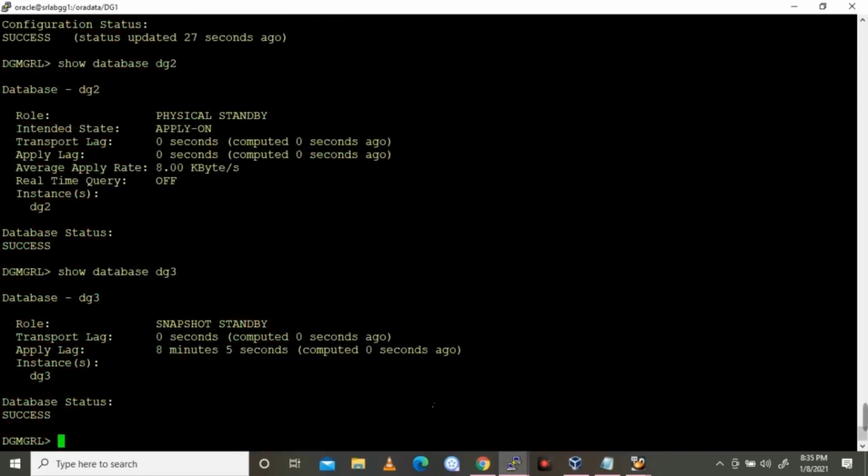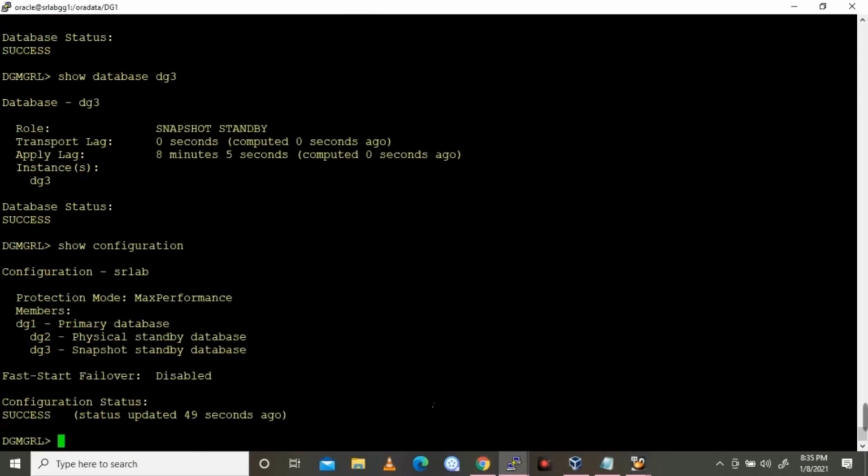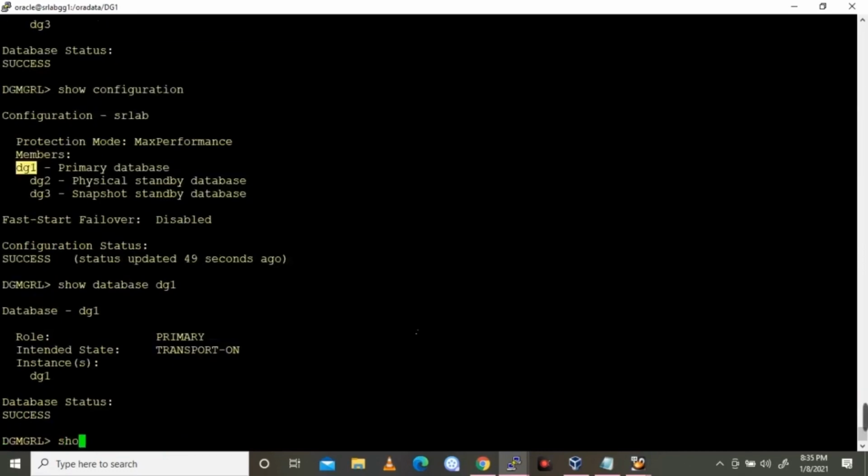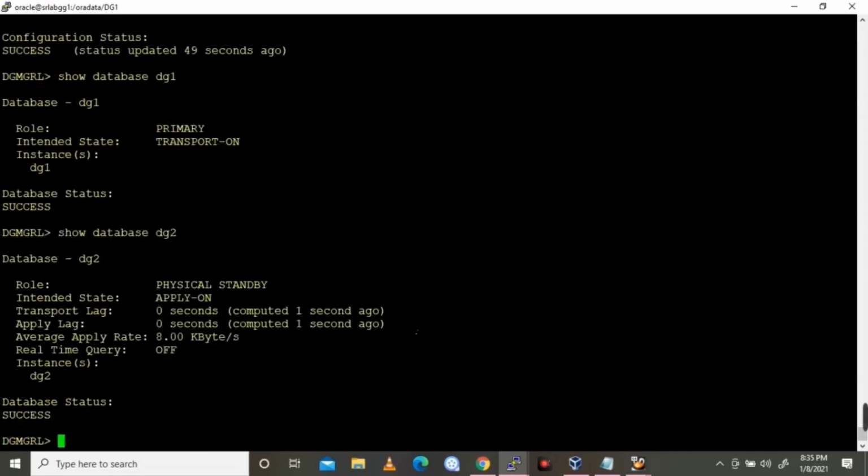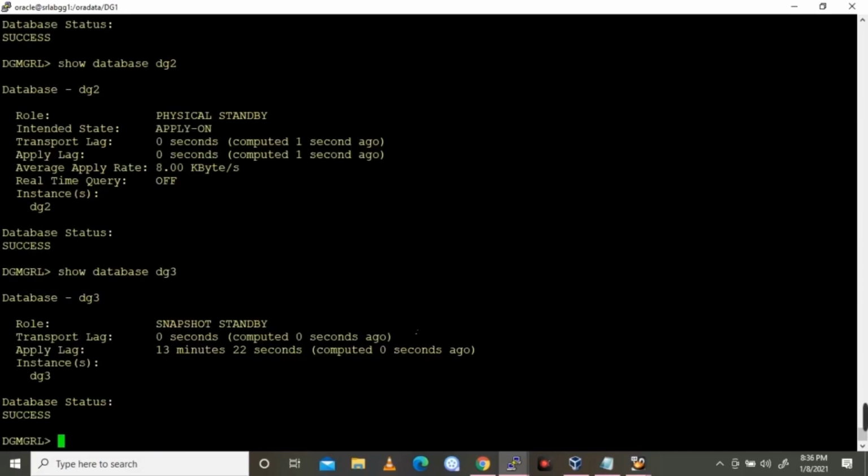Now let's convert the snapshot standby database back to the physical standby database. There will be an apply lag of about 13 minutes. Convert database DG3 to physical standby.